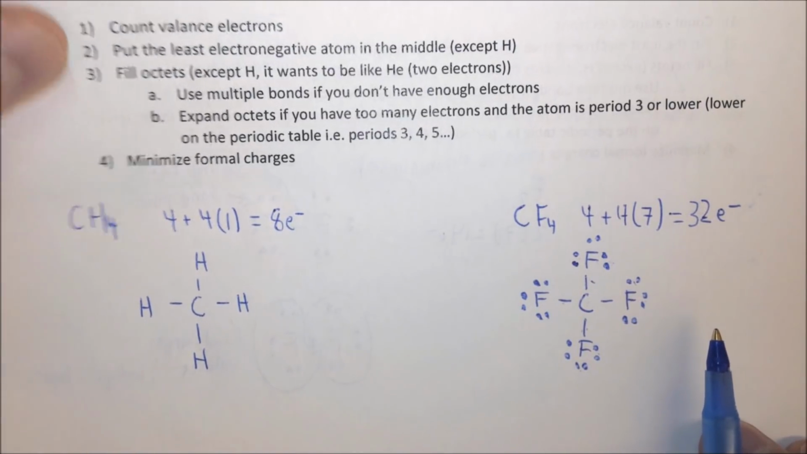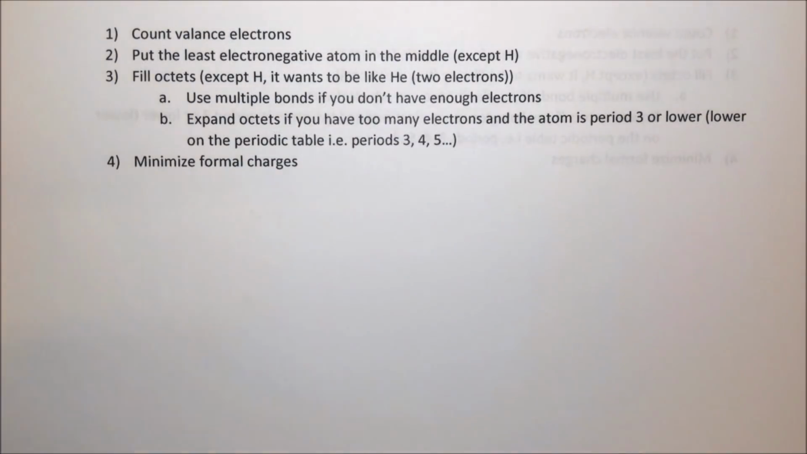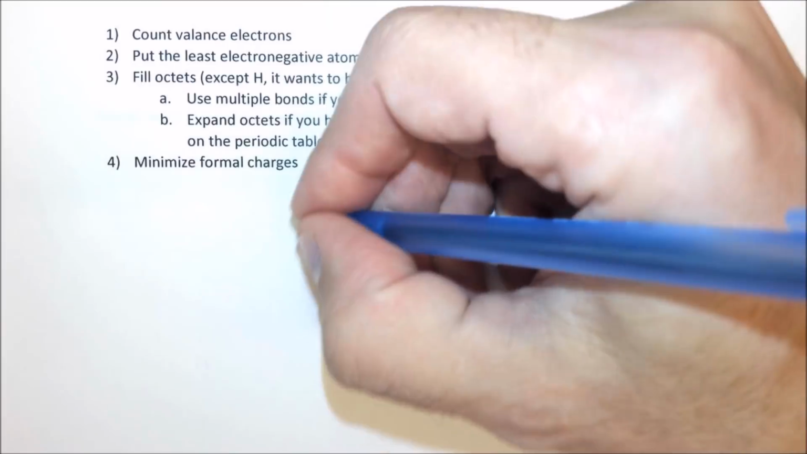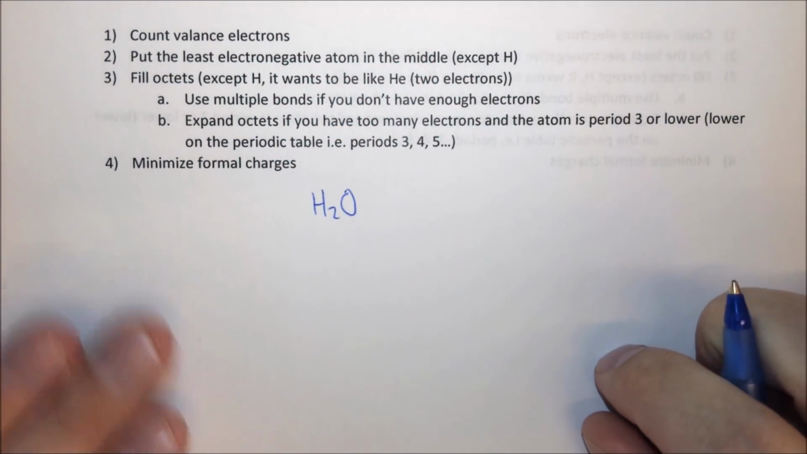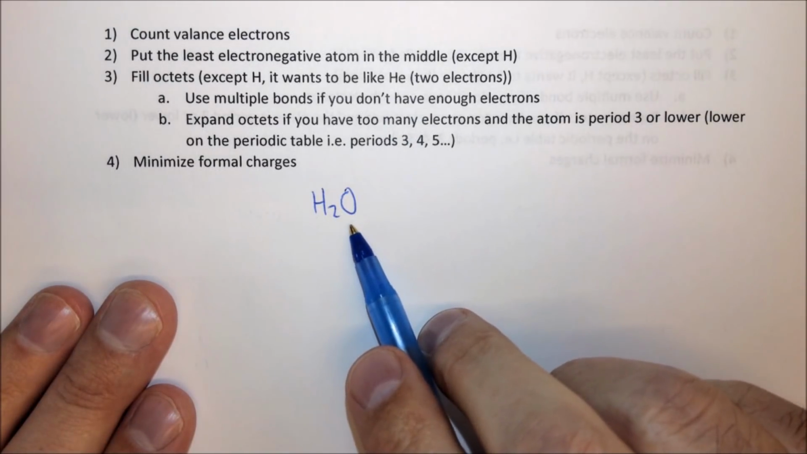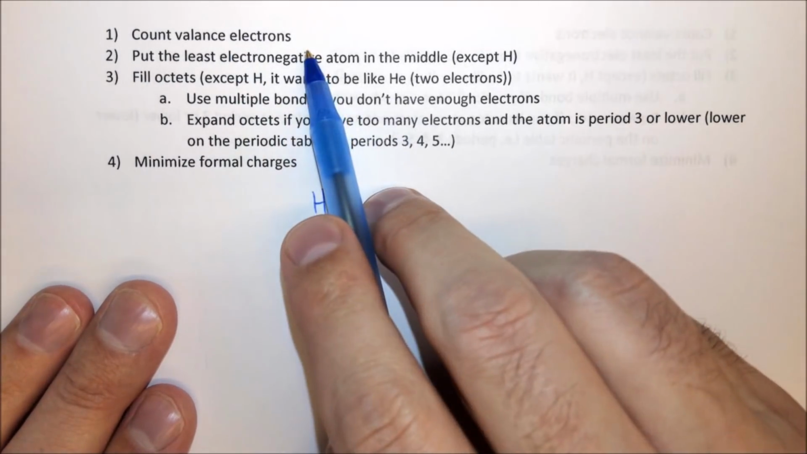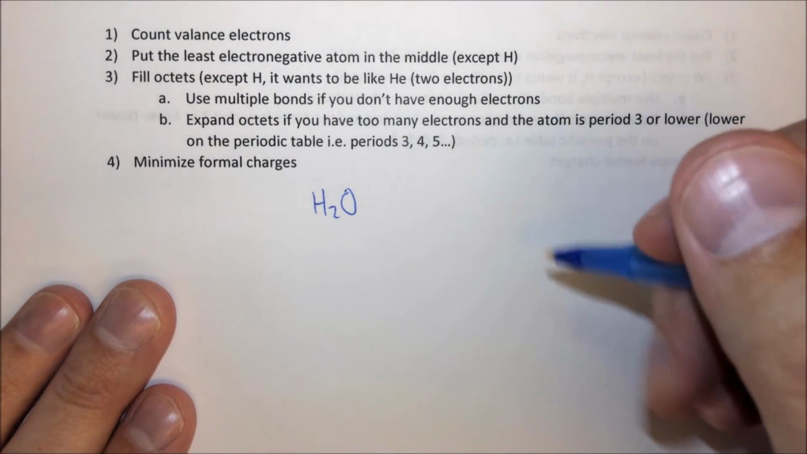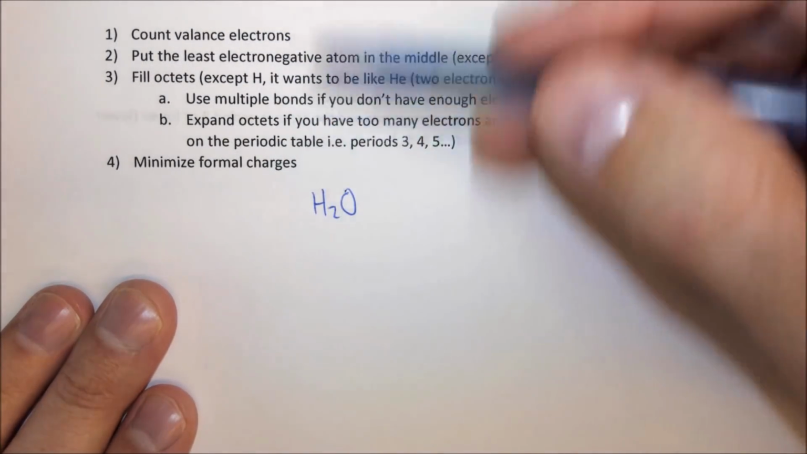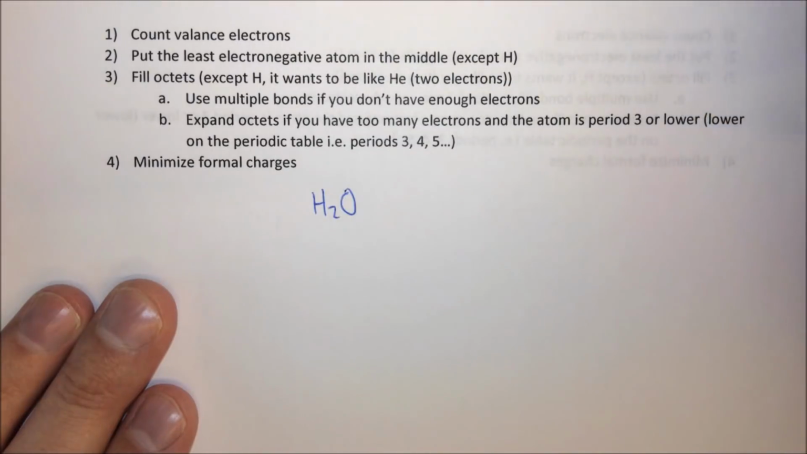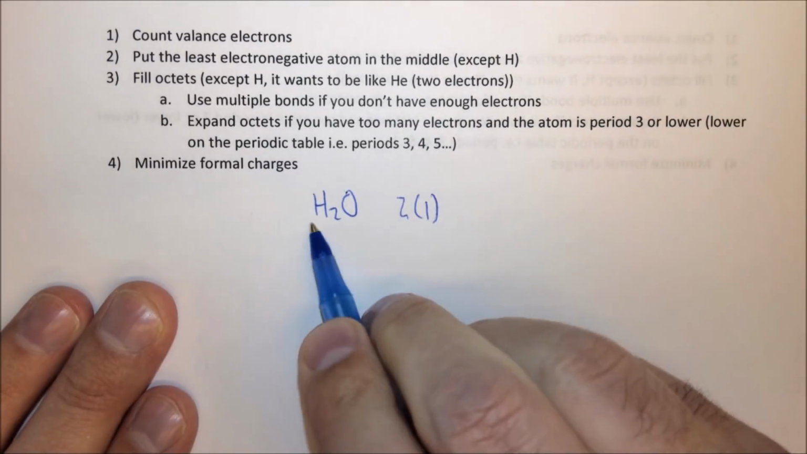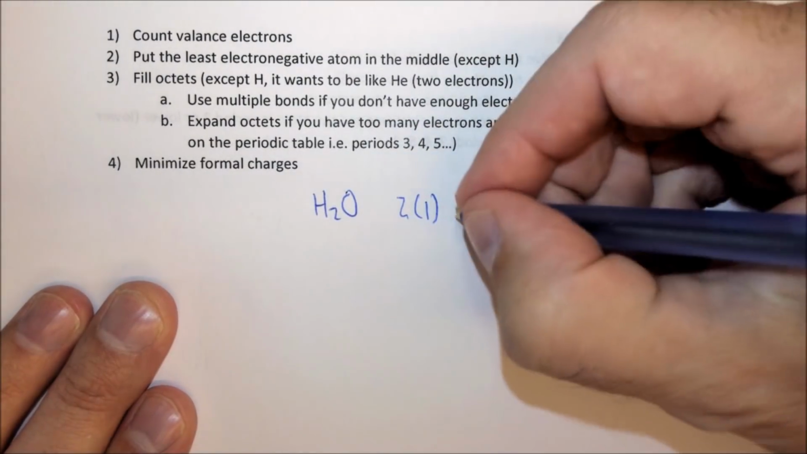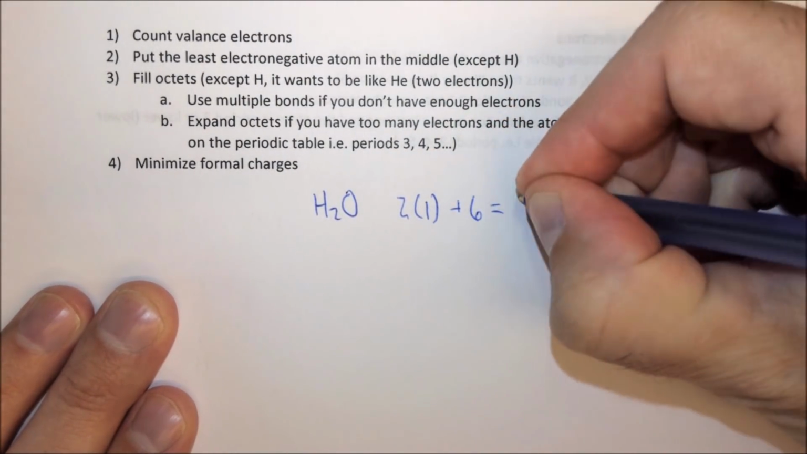I do want to do one more example for this video, and that example is going to be water, H2O. When I want to draw the Lewis structure of water, I now need to start by counting the valence electrons, just like in every other case. The rules you'll memorize very quickly because you use the same rules every single time. So in this case, I take 2 times 1, because there's 2 hydrogens, each with 1 valence electron, plus 6 for a total of 8